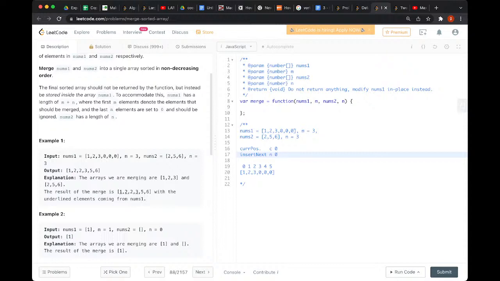You know, I'm thinking because we know the size of both, why don't we do it backwards? As in, we can fill up the last part. So instead of iterating from 0 to the end, we can actually iterate from the back. Current position will be different each time, but the insert next position will start at m plus n minus 1 because it is 0 indexed. So that'll be the next insert position, and then